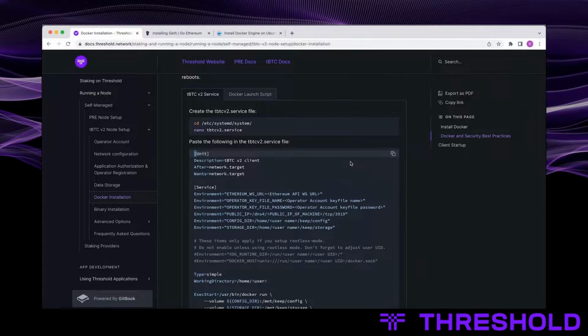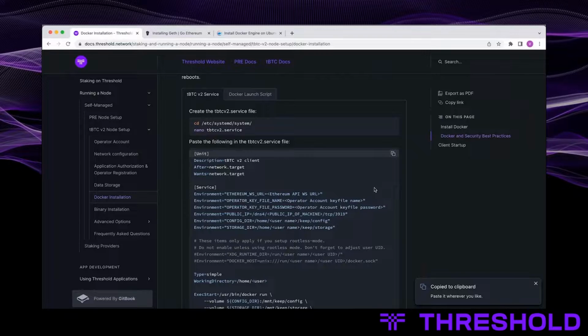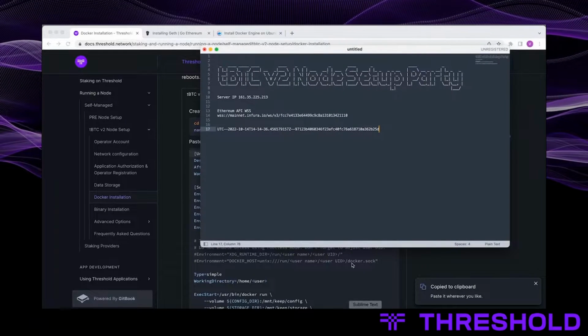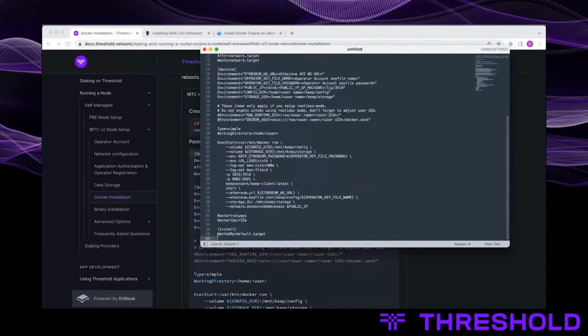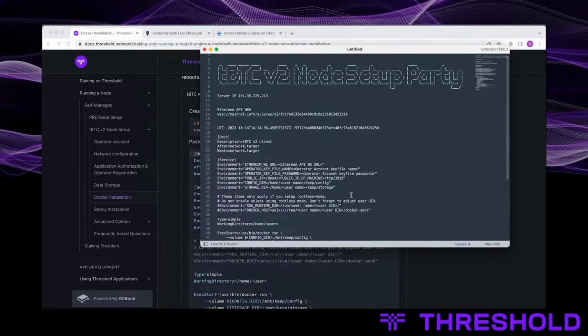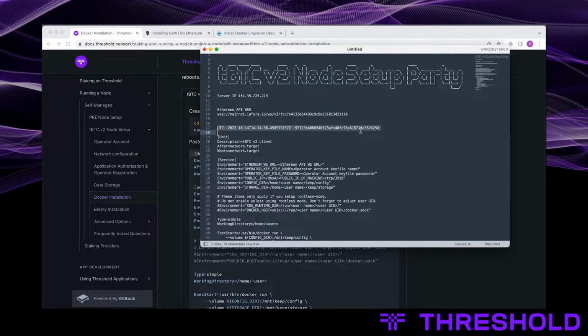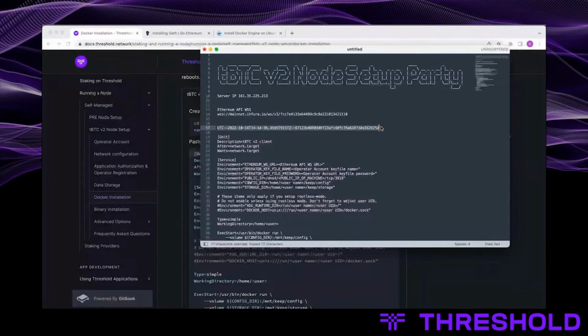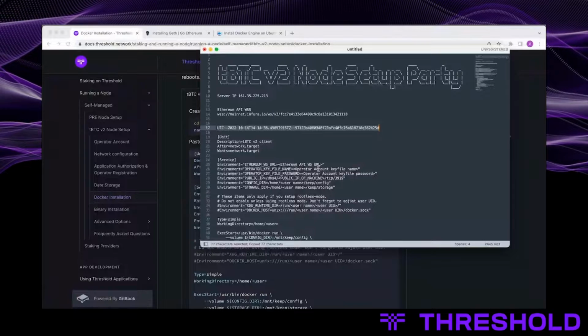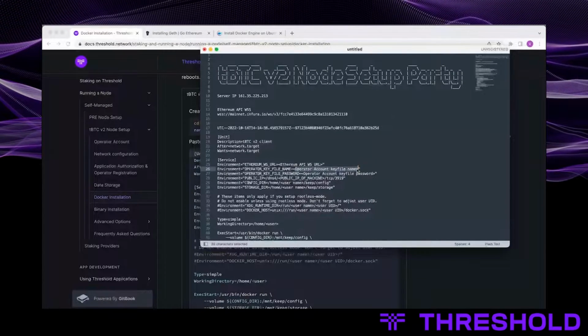What I like to do is copy it and put it in a notepad file and edit it there rather than live on the VPS. So, operator file name.